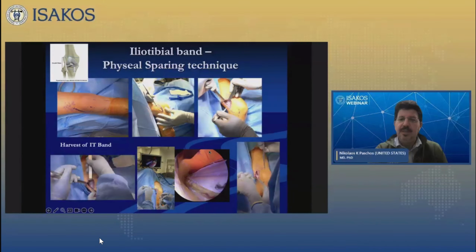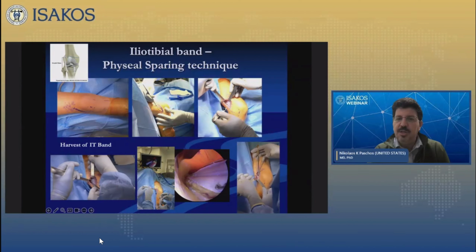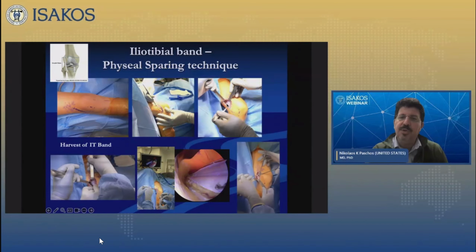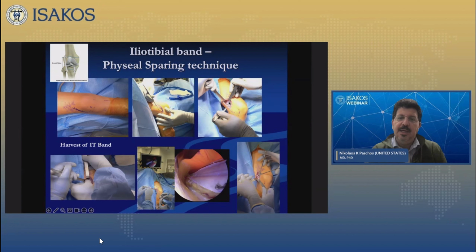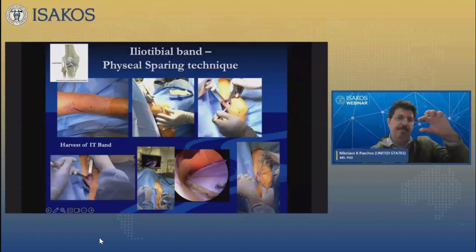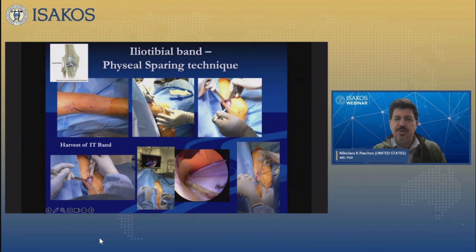Sorry about that. So what you need to do is essentially make an incision that will allow you to get about 1 centimeter from the posterior part of the IT band, and then create a band about 2 centimeters wide, because it's very, very thin, as you can see. I use the scope to go further up.